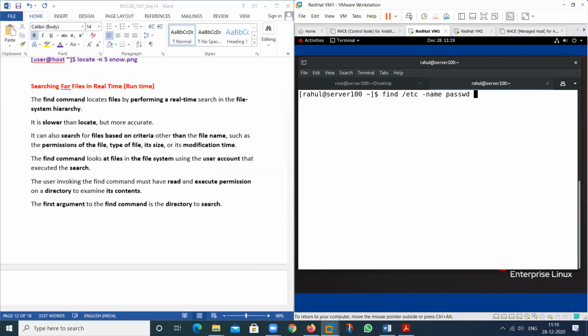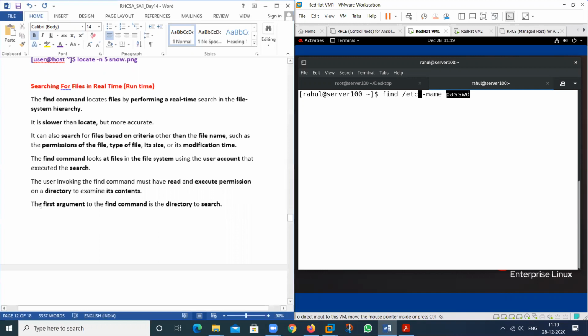So what is my command? This is my location where I want to search for this particular file, see here, by using this particular option. So this is my command, this is my location, this is my syntax, it means option, and this is the file.